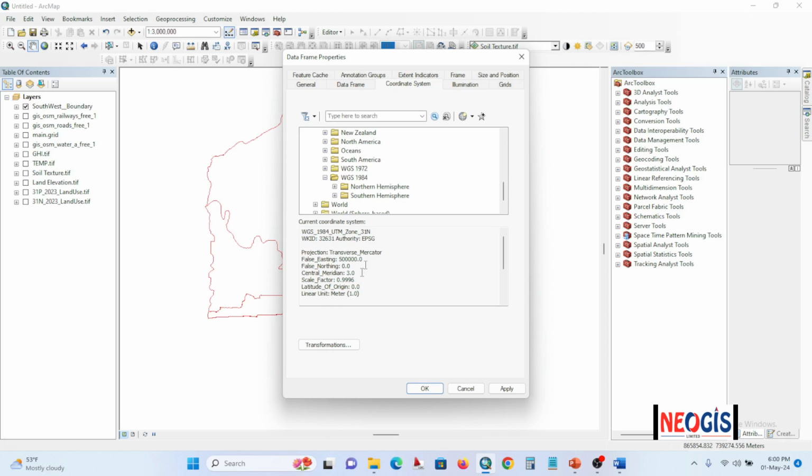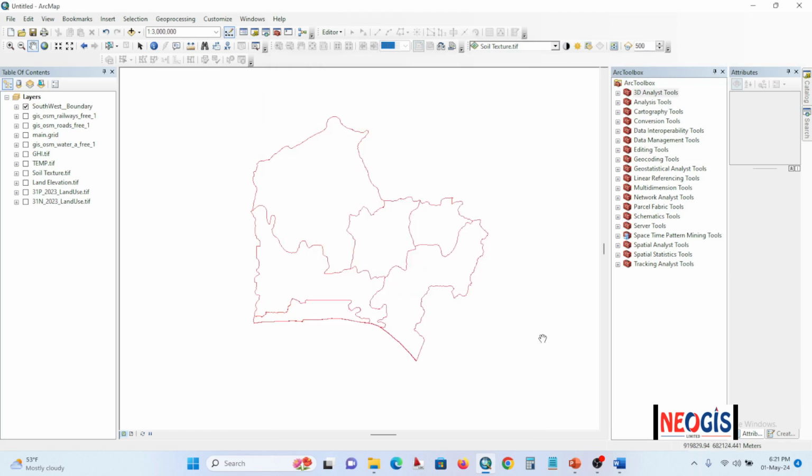So we want to have the WGS 1984, that is the same datum. So you're going to select northern hemisphere because our study area is under northern hemisphere, zone 31N, which is north. This is it. You select this. Okay, now that we have the data frame coordinate displays projected to UTM coordinate system, we are going to start